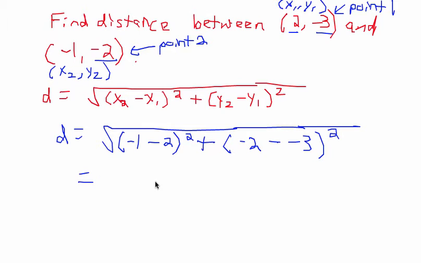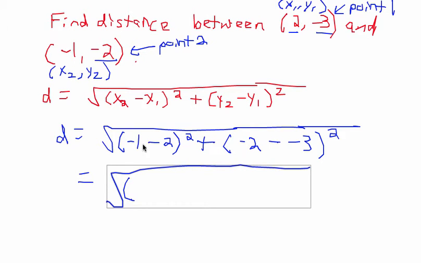So we'll simplify. -1 minus 2. When you subtract, you change subtraction to adding the opposite and then follow your rules of addition. So -1 plus -2 will be -3, quantity squared, plus